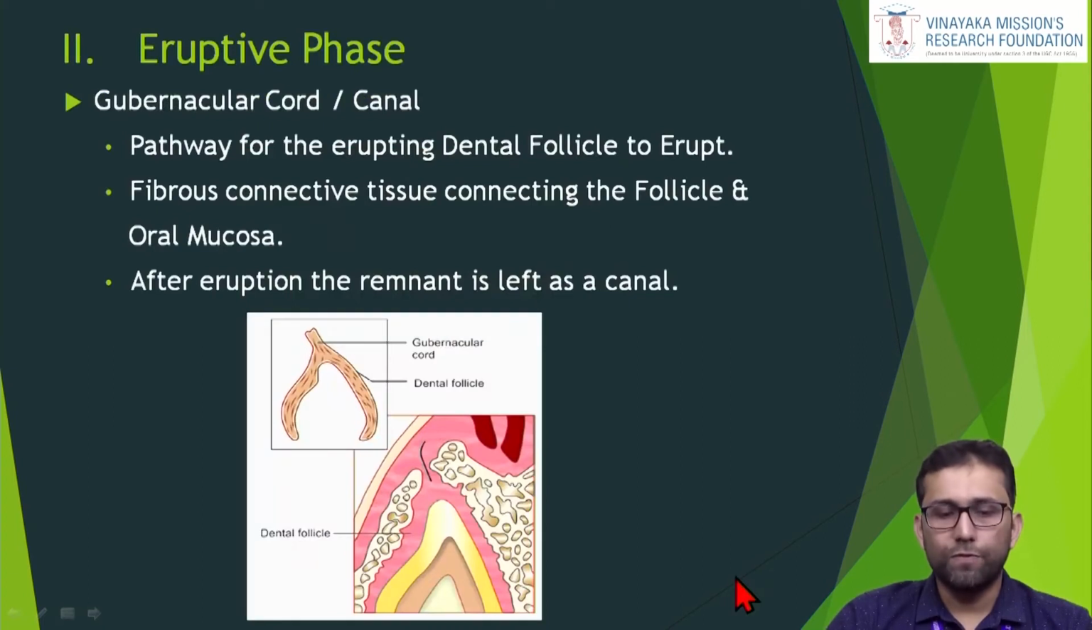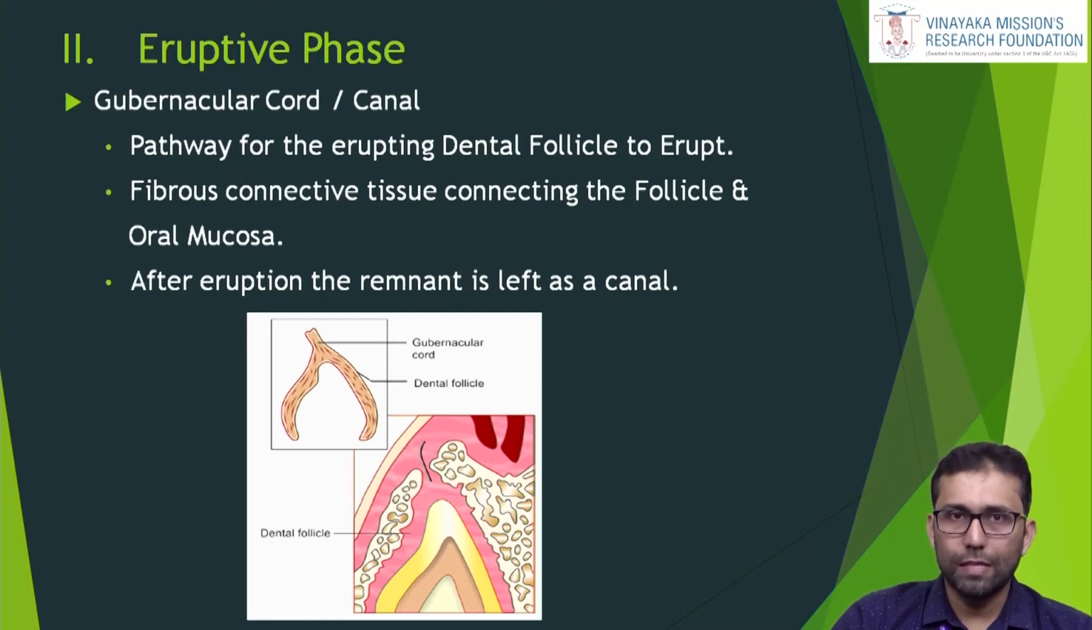Now coming to the eruptive phase in detail, the picture that is shown is a gubernacular cord or a gubernacular canal. So what is a gubernacular cord or a gubernacular canal? It is a pathway for the erupting dental follicle that will lead it to eruption. So that will decide the path from where the tooth is within the bony crypt and the path it has to select so that it will reach the intraoral or the mucosal surface. So it is a fibrous connective tissue connecting the follicle and the oral mucosa, and it guides the tooth,